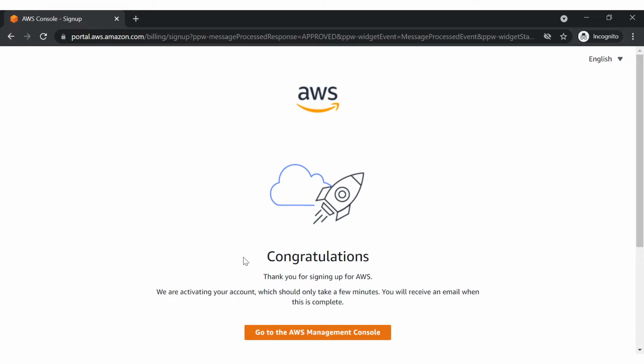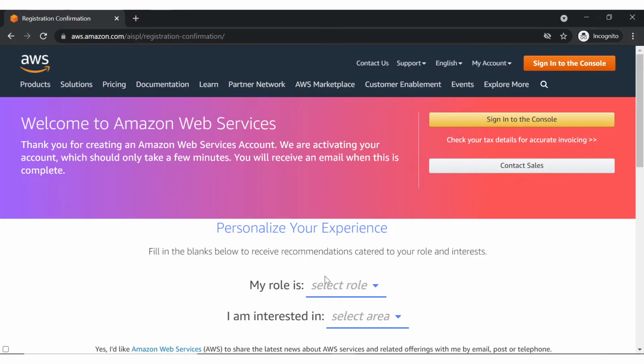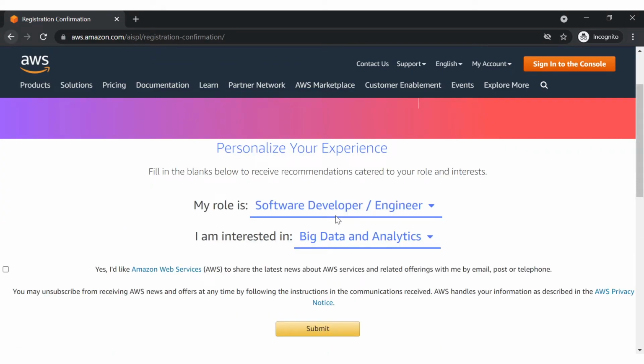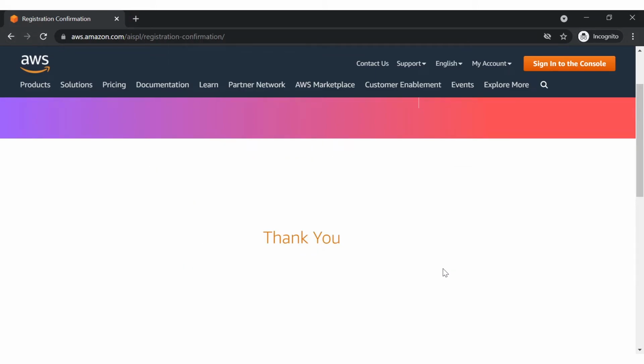So you can click on this, go to AWS management console, and then you can select the role. I'm interested in, so I just choose software developer, and I'm interested in big data and analytics, and I submit. So thank you, it says, and now once it says thank you, your account is created. Now you can just go and sign in.